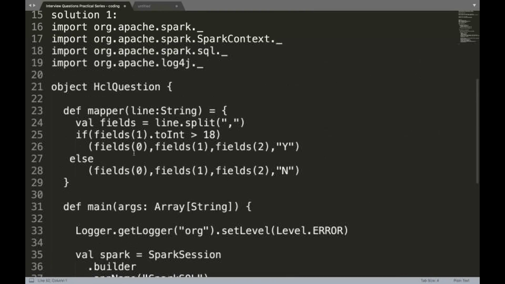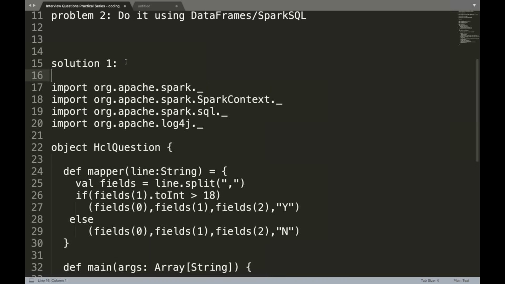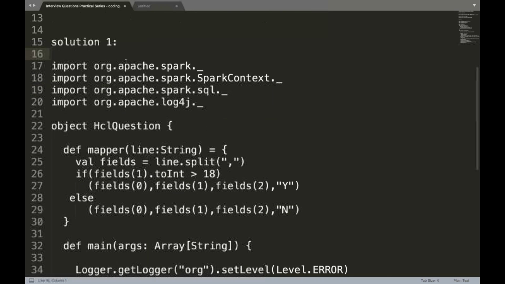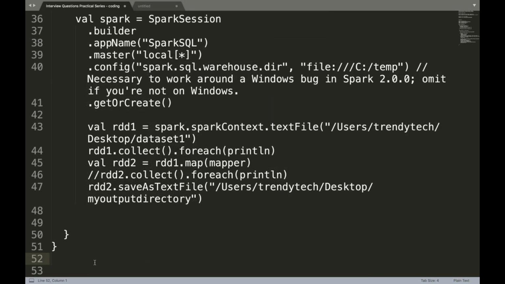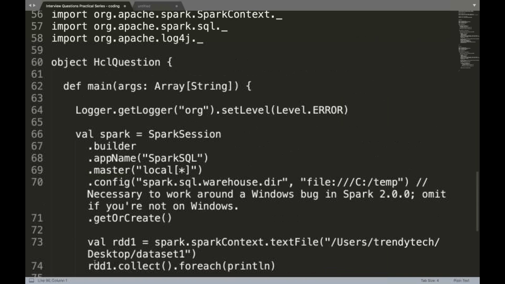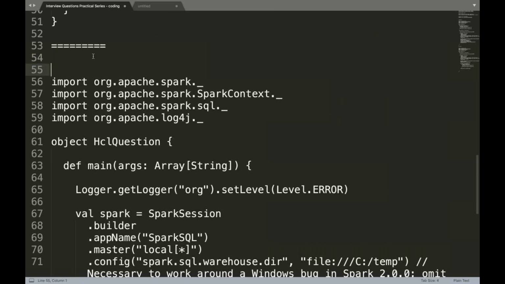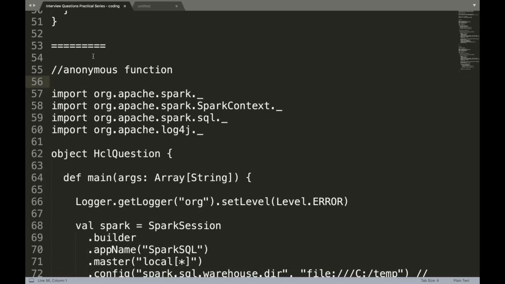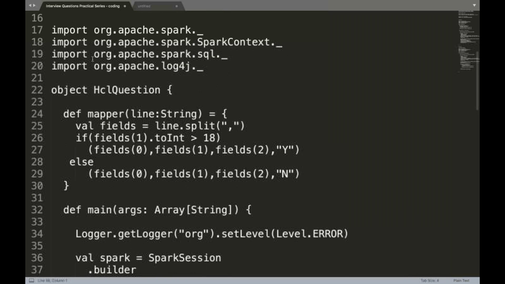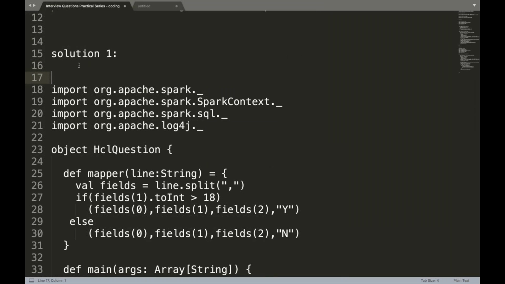So I will mention here solution 1, anonymous function, right? And this one is without anonymous function. Just for the sake of understanding, I am writing this without anonymous function.